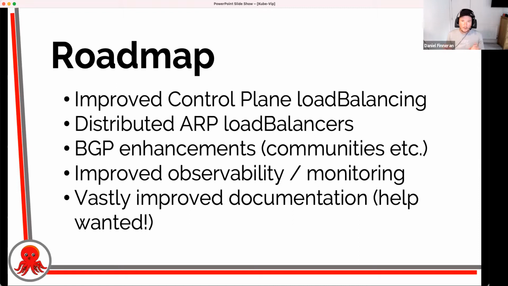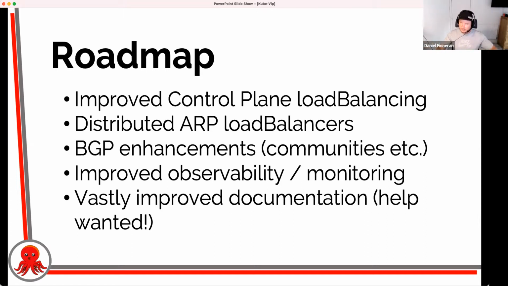Now, we can distribute this by effectively using multiple leader elections. The way that this would work is that when you do a kubectl expose, we will do an additional leader election within all of the Kube-Vip pods for that particular service. And whoever wins that leader election is then in charge of that one service.